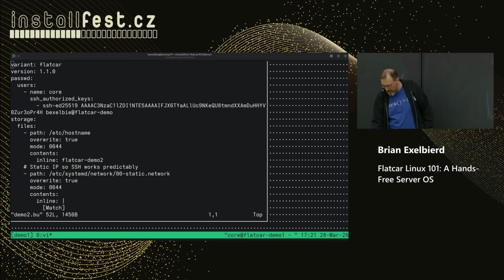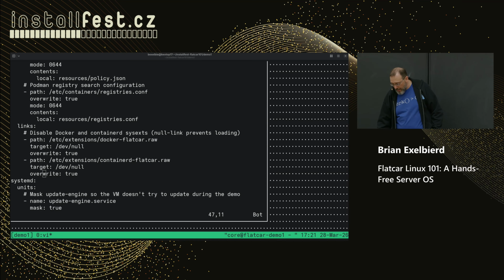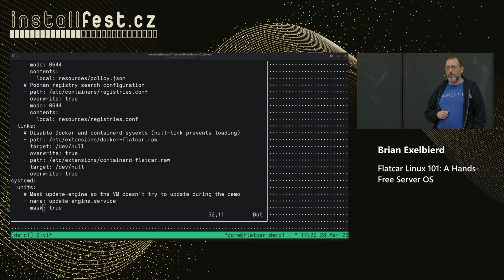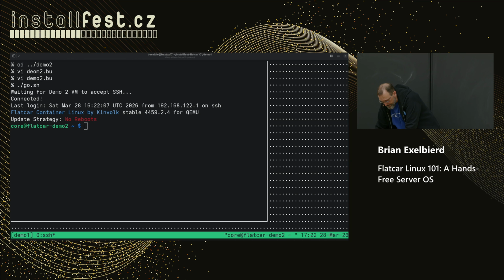This is another machine, same SSH key, same networking, different IP address. I am putting two files that Podman needs, a policy file and a search file, because it gets a little wonky if it doesn't have its configs, but I'm not putting Podman in. I want you to notice that. And then down here, I am actually nulling out Docker and Containerd. Docker and Containerd are system extensions that we ship and we bake into the image because most of our users use them. I'm taking them out. And then I turned off updates again. You've seen my go before. All right. There is no Docker on this machine.